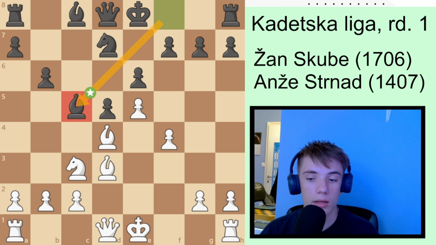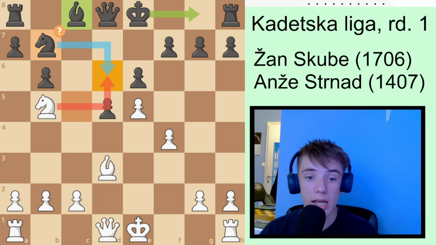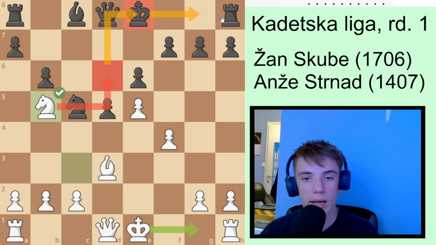But after I took the bishop, he took back with the knight, and I played this move knight to b5, of course going for this d6 square and some checks. So my opponent here decided to play knight to b7, which is a mistake. Of course, I now can no longer play the move knight to d6, but my opponent should just castle here, and